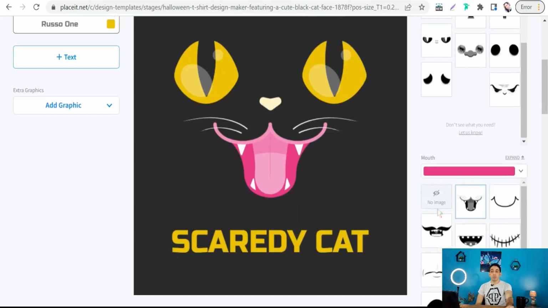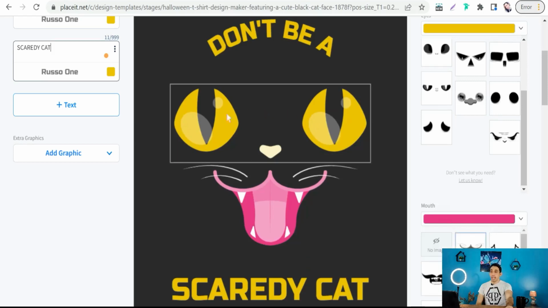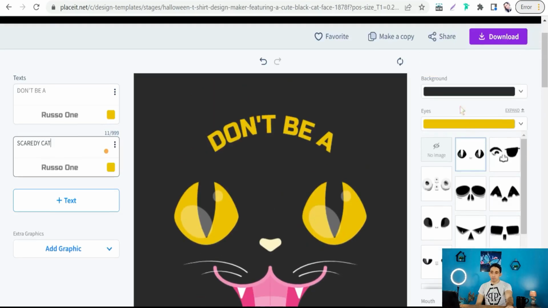Or you can replace one from this one, no image, or you can upload yours, as you see. So you can replace these eyes by these ones. And when you are done making your design here for Halloween, even if you have zero experience at designing, without any background in making designs, you can depend on this amazing platform Placeit.net to create